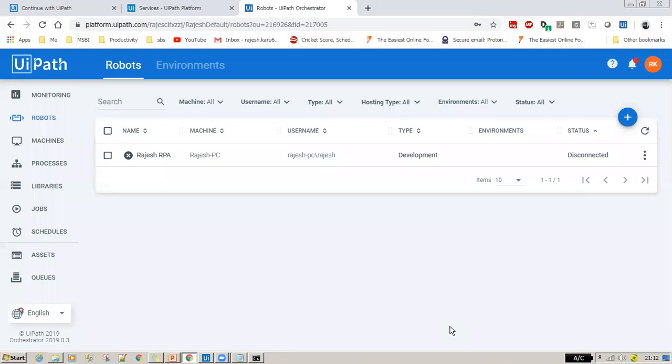So you have successfully created one of your robots. On one particular machine, you can create n number of robots. A robot is, as I told you, a virtual entity or end user which runs your jobs on that particular machine. That's all.